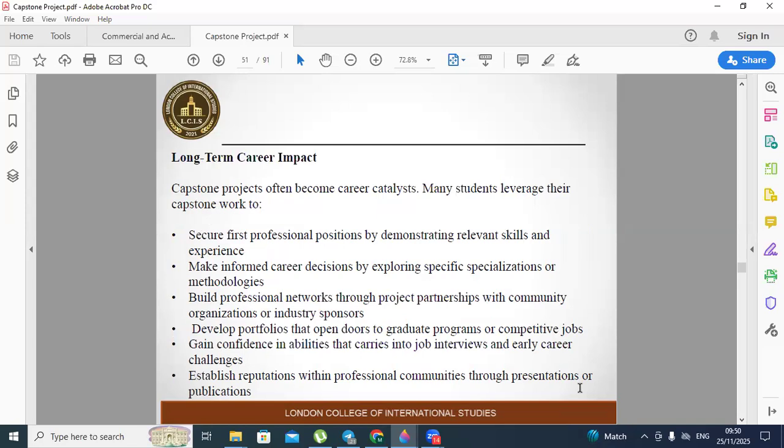Capstone projects often become career catalysts with impacts extending years beyond graduation. Many students leverage their capstone work to secure first professional positions by demonstrating relevant skills and experience directly applicable to job requirements. Capstones help you make informed career decisions by exploring specific specializations or methodologies, discovering what you enjoy and